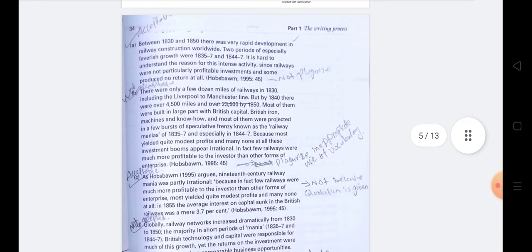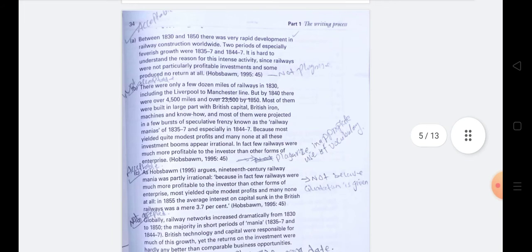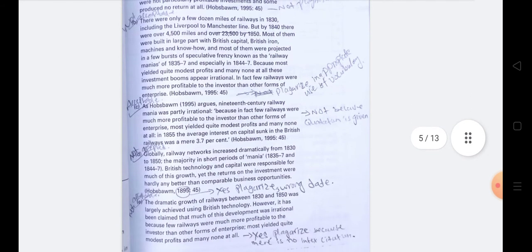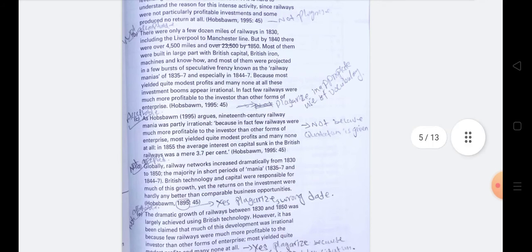The second one is not acceptable because it does not really paraphrase the original work, it just copied the original work, and although some references are given, they did not paraphrase it. And the third one is acceptable.